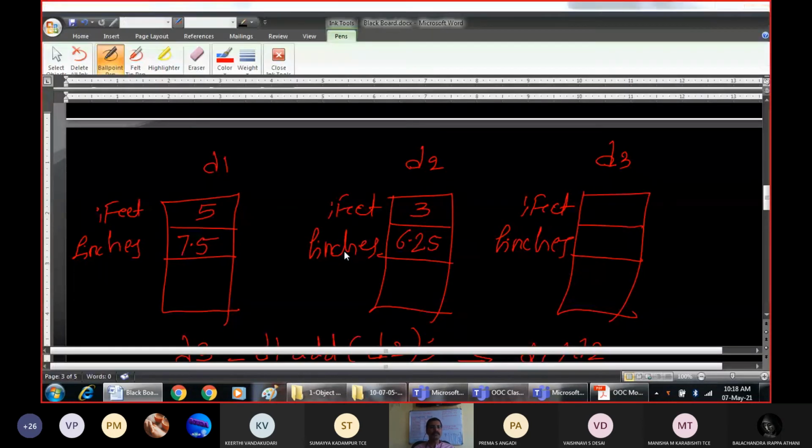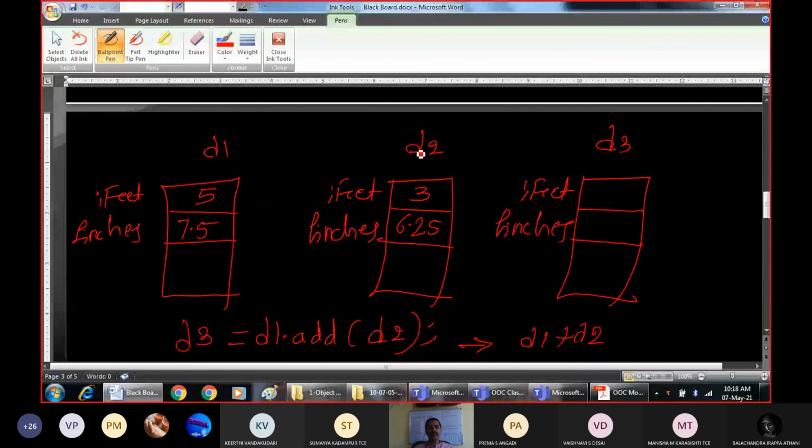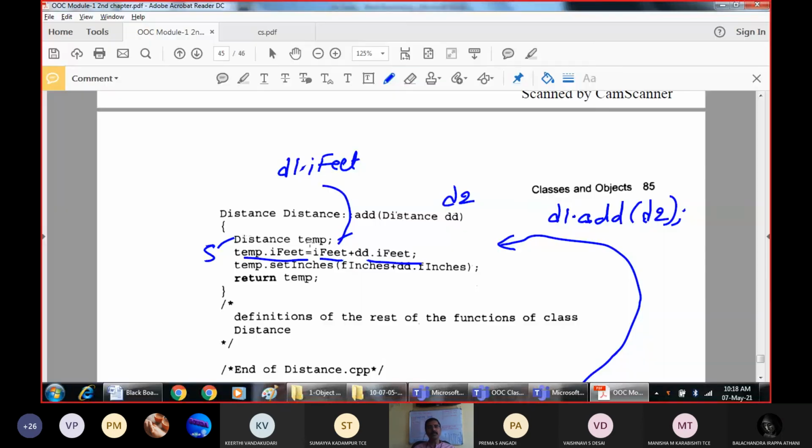It is 5. The ifeet value of the d2 object is 3. So 5 plus 3 will be added and stored in the value. Similarly, the set inches function will be called and the addition of the inches will be done, and finally the temporary object will be returned.